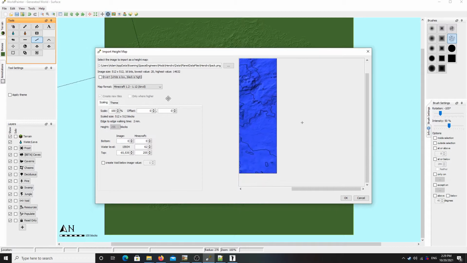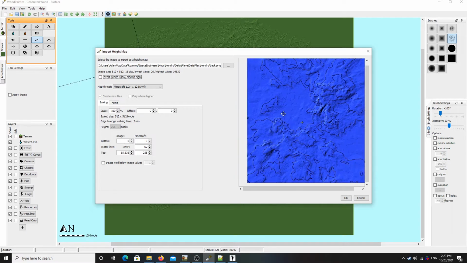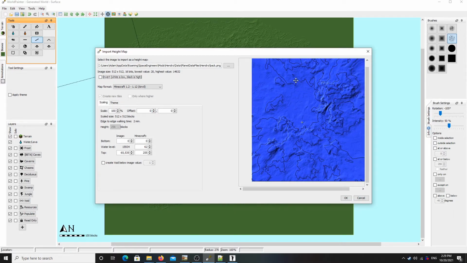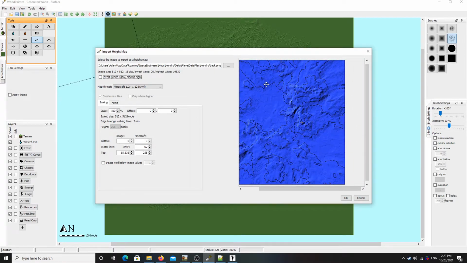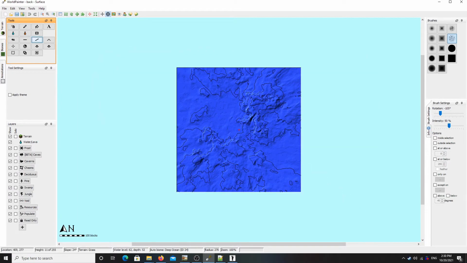So here it is scaled to 512 by 512, I think, or 1024. No wait, this is 1024, probably, most likely. We'll have to wait and see for that. And then you can ignore the blueness because that is Minecraft water, and you can't really remove the water in WorldPainter right now. Maybe in a future update, but if you find it, you could check or uncheck it. So now we have found our height map. It's scaled to 512, unfortunately,